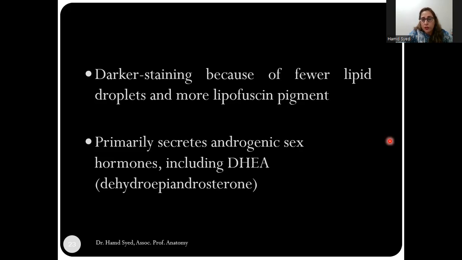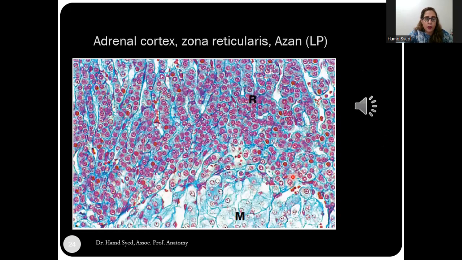This is the area where the weak androgenic sex hormones are produced, including dihydroepiandrosterone, which is abbreviated as DHEA. This is the hormone which is produced in the zona reticularis. Let's look at the histomicrograph of zona reticularis, stained again with azan dye. And over here, you can see that there are the cords of secretory epithelial cells. Their arrangement is in clusters of cords, and they're separated by these fine strands of stroma, as well as the blood capillaries. And in this zona reticularis, these cells have less cytoplasm and fewer lipid droplets in comparison to zona fasciculata, and